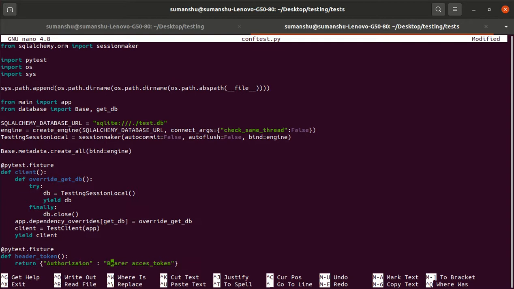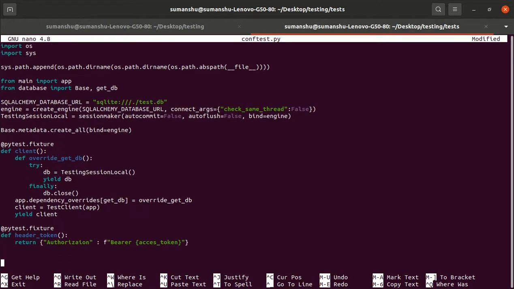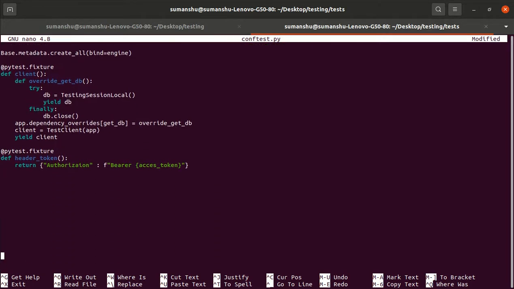But the access token is something which we have to generate. So let me put it into a Python format string. It should return this, and this header will be passed into our test case route. But how do we create this?